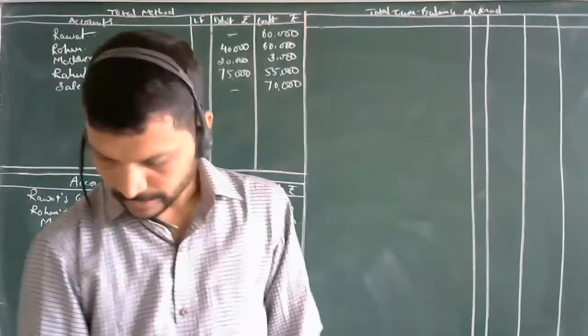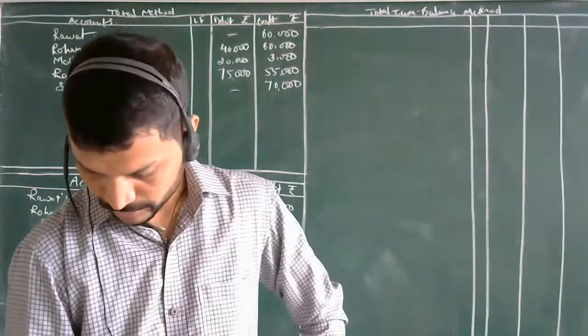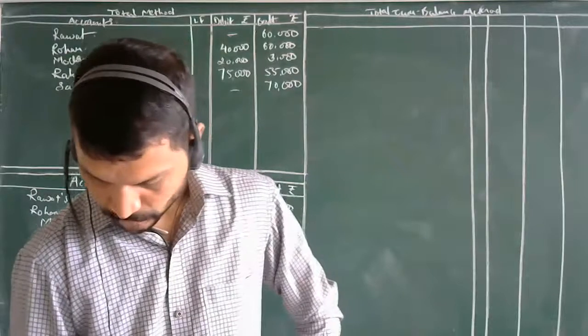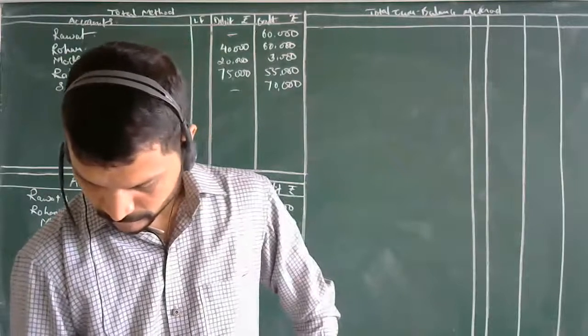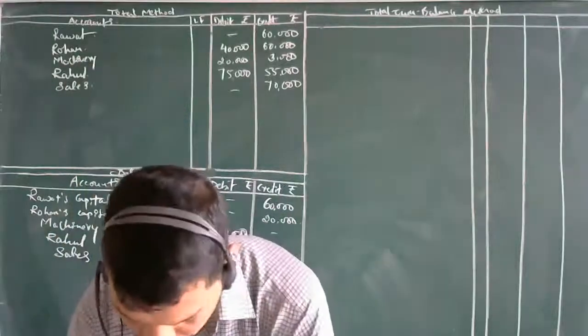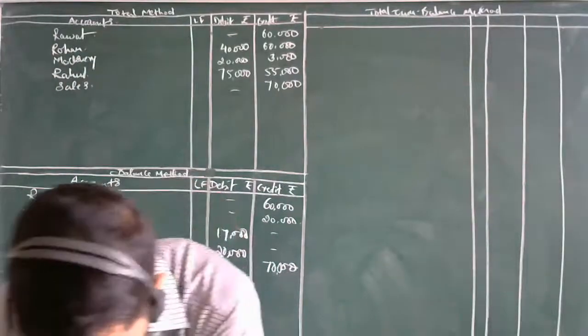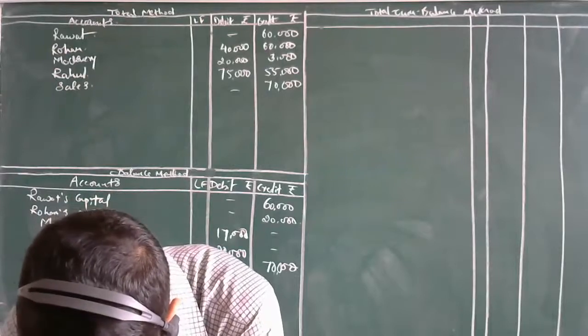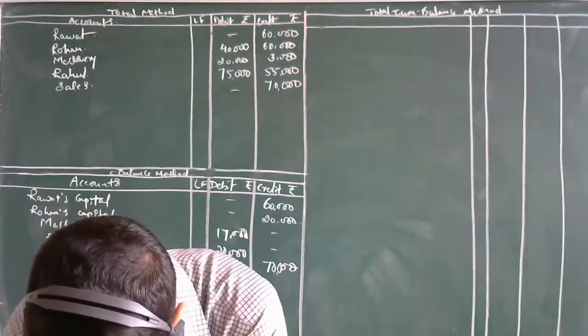Okay, let's move to the next account. Which is the next? Cash account. So what all things will come from the cash account? The total. See, sales by balance 50,000. So the cash account total is 1 lakh. Total 1 lakh got completed.